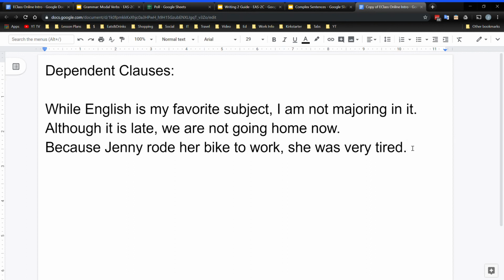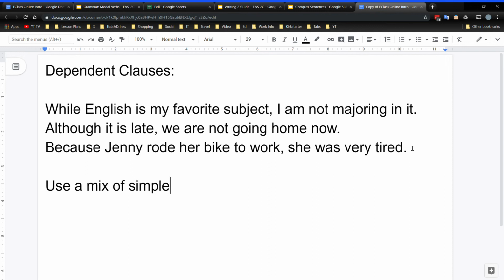However, before I finish, there's one other thing I want to point out. When I finished talking about complex sentences last time, I talked about a trick you can use to help do bigger or longer writings, or to help make your writings more interesting. So the one thing that I always tell students that's really important is use a mix of